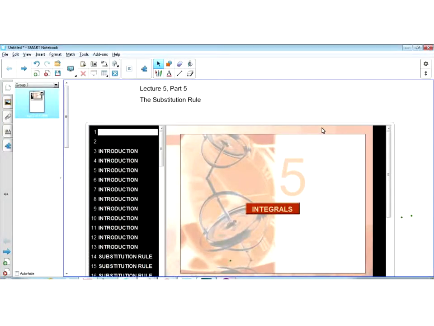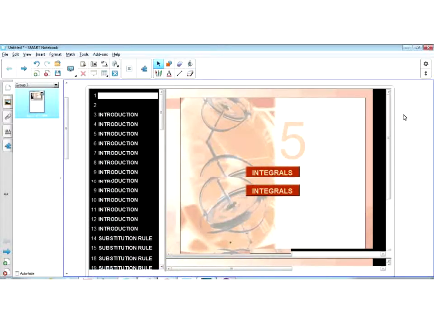Okay, so this is the last topic of Chapter 5, and in this topic we'll talk about the substitution rule for definite integration. And this is probably the most, well, again, it's all been very important. This particular topic will be used almost exclusively in your work in calculus two, so pay particular attention to this. It's not that difficult. The substitution rule will be a method we'll use to evaluate particular types of integrals where